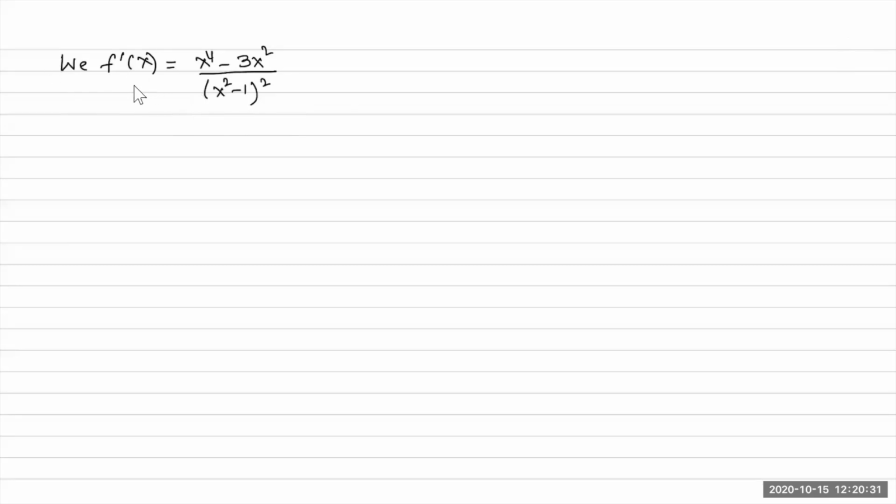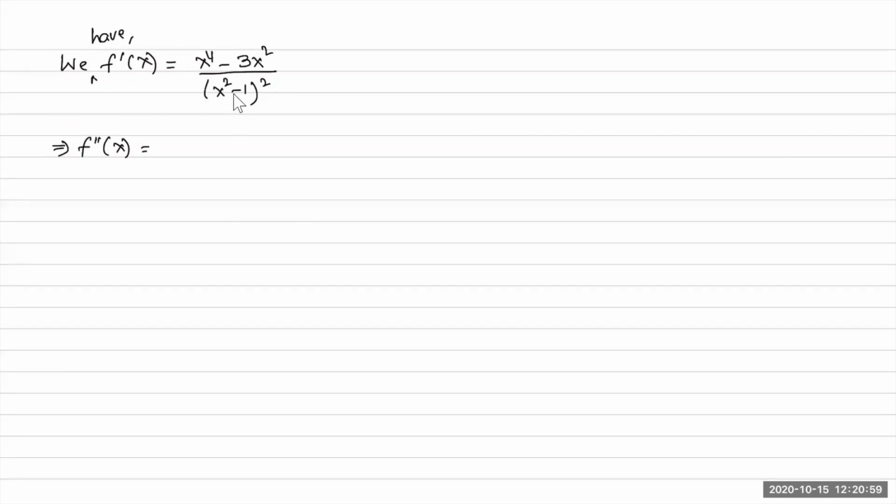Okay, this is what we get for the first derivative. We have the first derivative equal to this. Now I'm going to differentiate this again and get the second derivative. Again, this is in the form of a quotient, so we have to use the quotient rule. So second derivative f double prime x is equal to, because it is in the form of quotient, we use the quotient rule. Quotient rule says